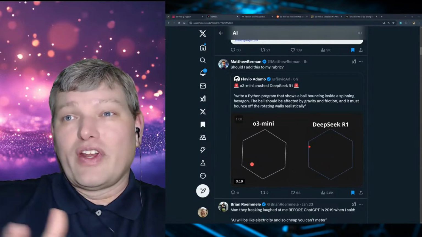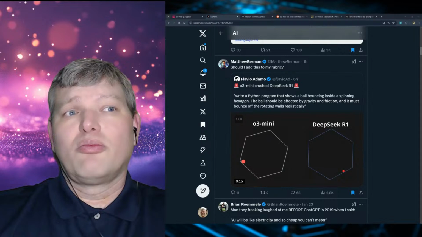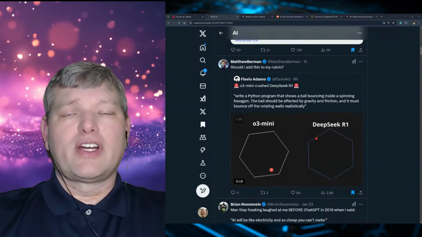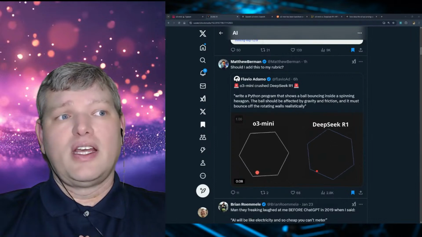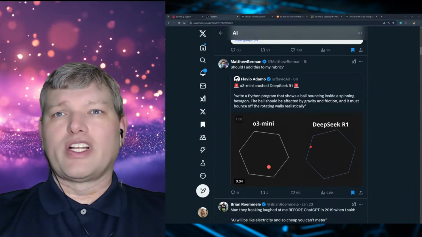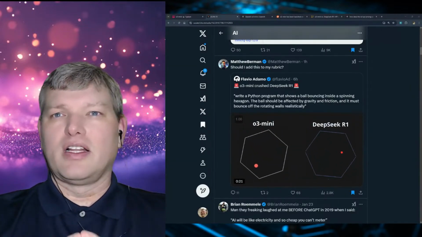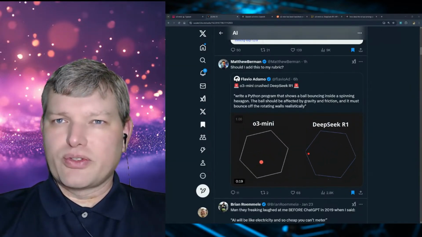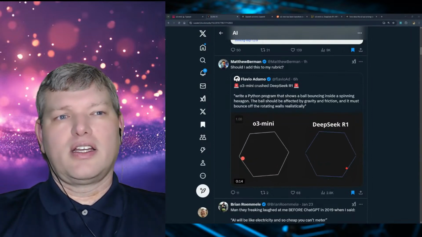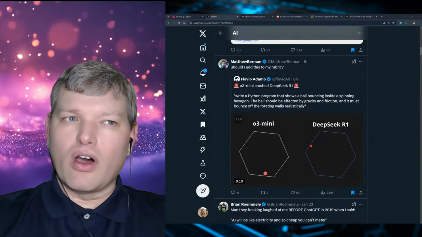Is it phenomenal that O3 is beating DeepSeek R1? No, I really don't think so. But I do think it's important for us to weigh these different elements. Now, I will tell you that I have seen a number of posts and stories over the last week or so regarding the DeepSeek model, the details around what it was trained to do, how it is potentially really trying to just get that attention by having a very low cost.